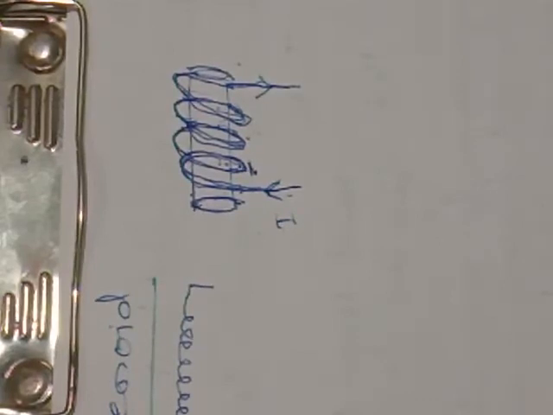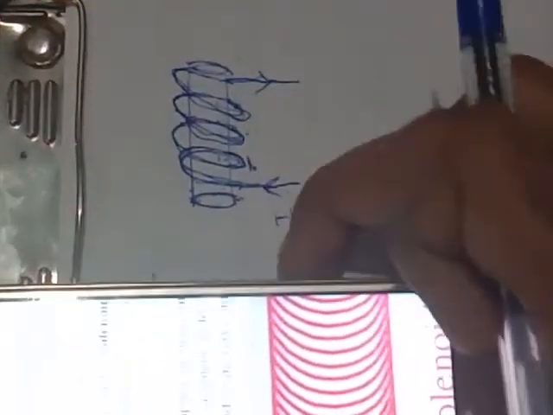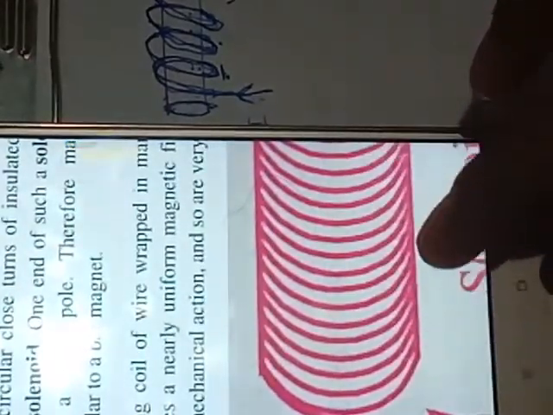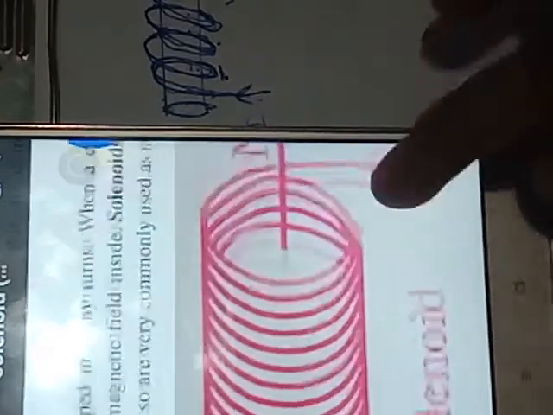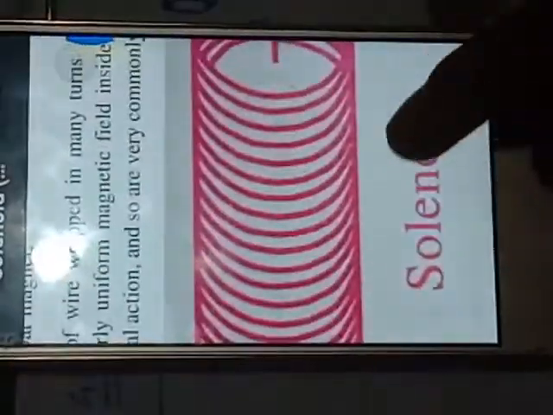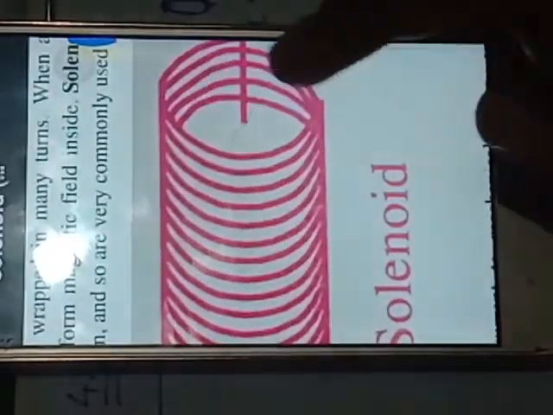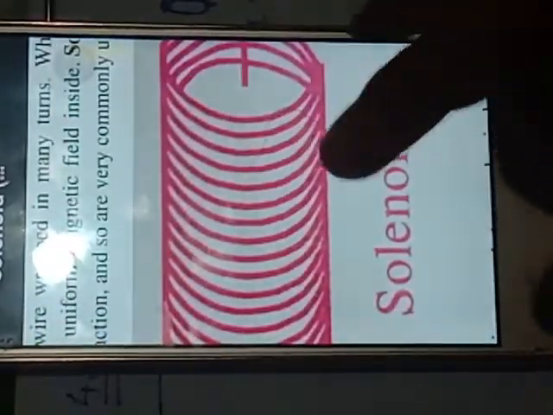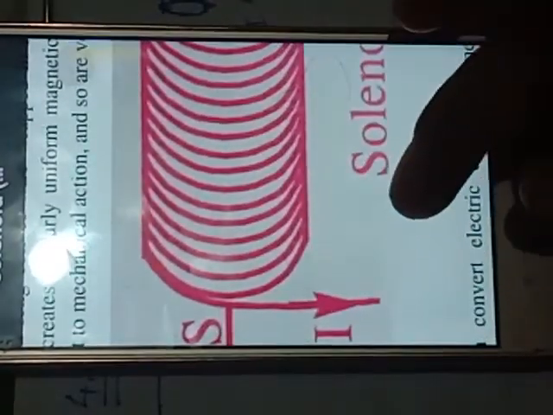So this is nothing but a solenoid. If you see the figure, the coils are just wound around, and if current is flowing in this particular manner, it will create the circular ring and the current will come out.